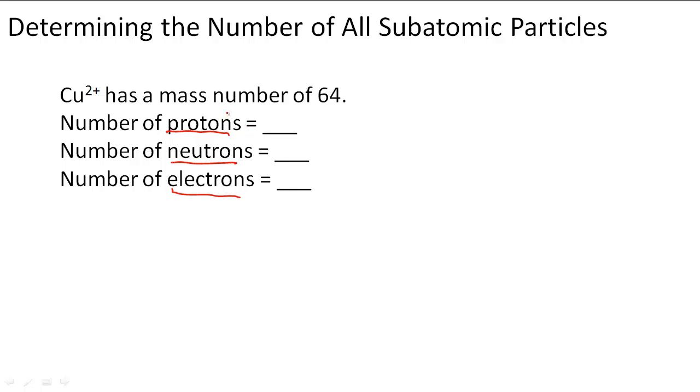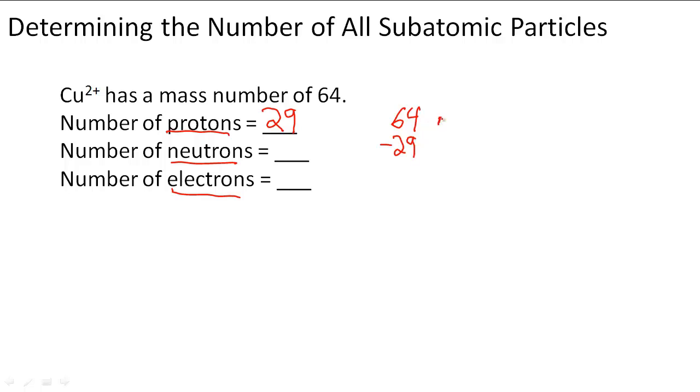If we know the element, all we have to do is go to our periodic table and check what the atomic number is. And I can see that Cu has an atomic number of 29, so that must mean it has 29 protons. Now they gave us the mass number, which is 64, so all I have to do is 64 minus 29,